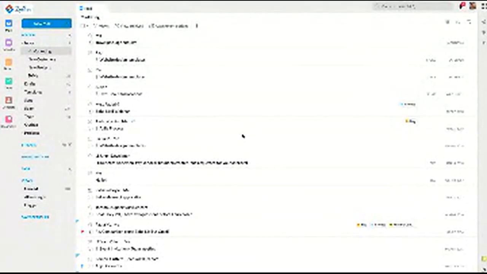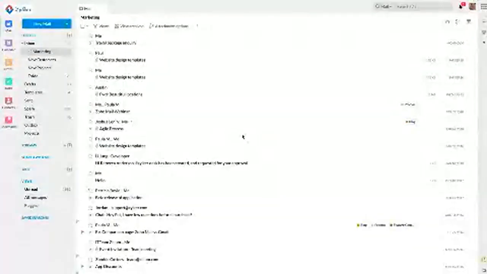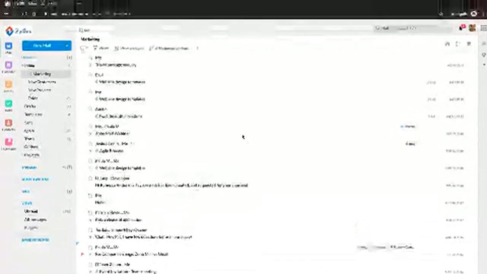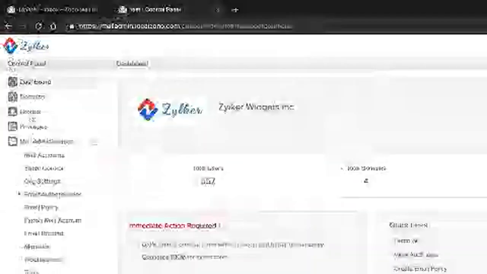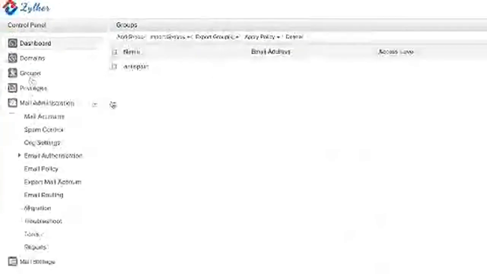So now what we're going to do is migrate the groups that are there in the G Suite account inside Zoho Mail. I go to groups.